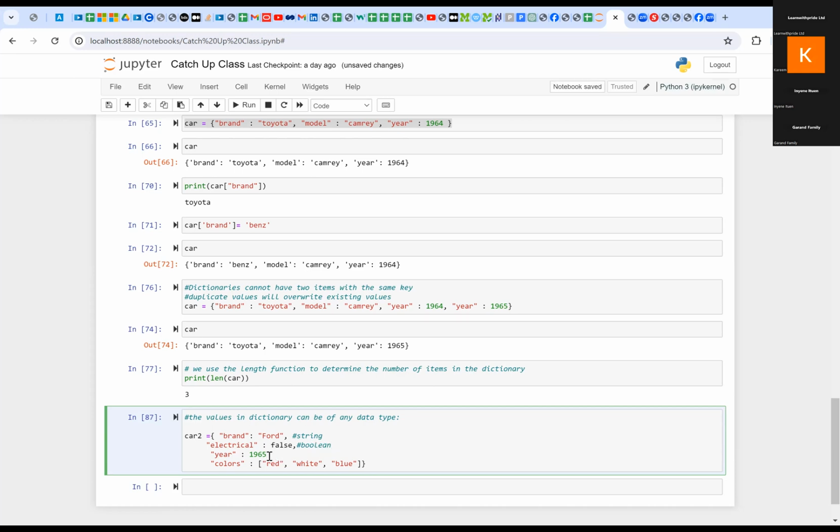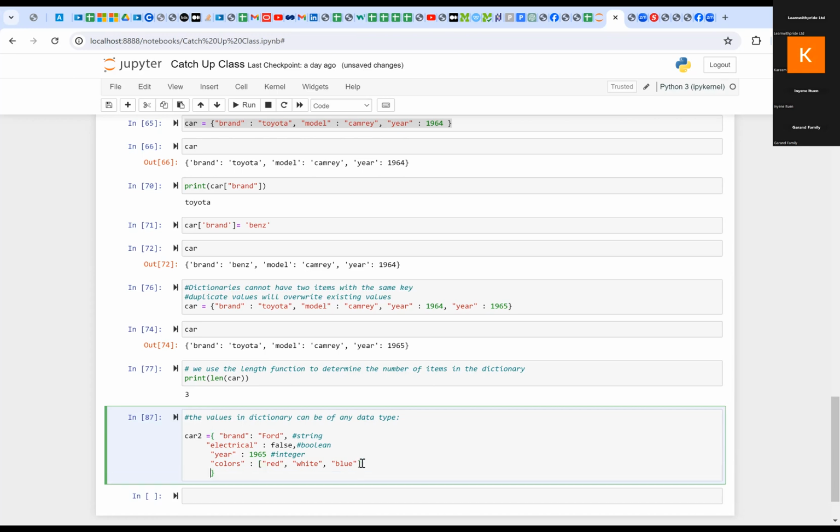This is an integer. Is that okay? And this is a list. Are we fine with that? So you can see now that the values of a dictionary can be of any data type. If you run this